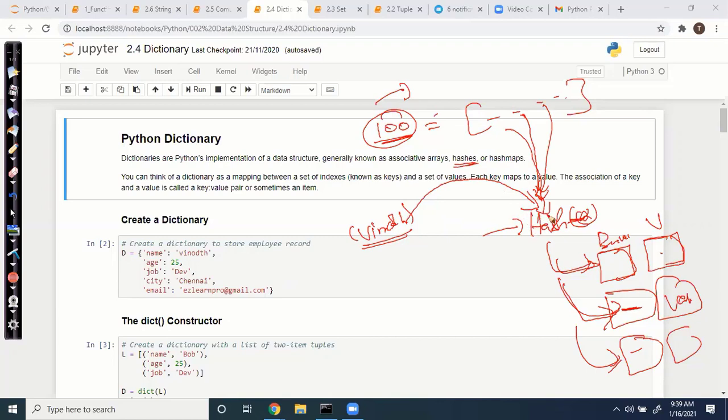What happens in the build? It passes through a function and creates some output. This output belongs to this bucket, meaning it goes directly there and checks whether the value is there or not. So performance-wise, it's faster than other data objects. That is the main thing. It's a very powerful one. All languages have a dictionary object for data collection, and Python also has this one.